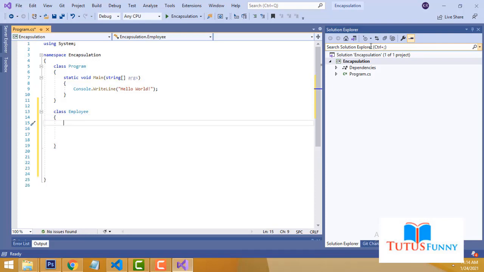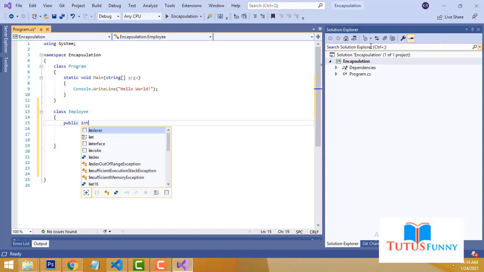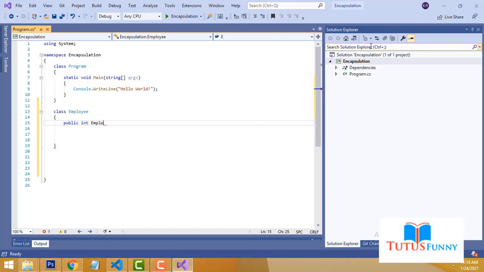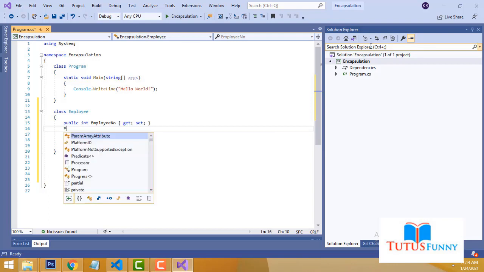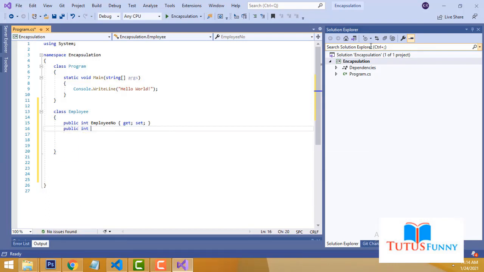Inside the Employee class I am going to create a public variable, int EmployeeNumber. Now we have to put the get and set methods. After that we write public int BasicSalary. That's it, two things we have created here.